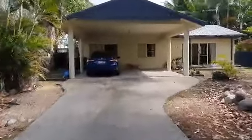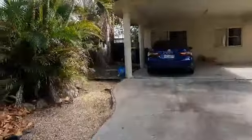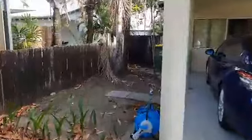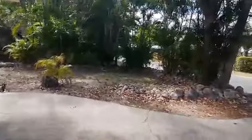I'm going to walk through the house now. On this side, which I call the blind side of the house, is where the hot westerly sun will be. It's the narrow part of the house. You've got a double carport here, and you've got ample space here to do anything you want if you put